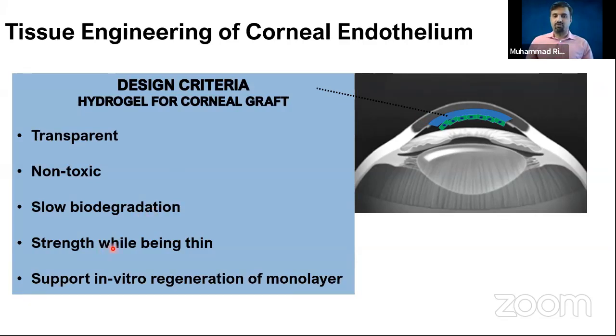And it should be very strong, right? Hydrogel or jelly, if you remember, is not very strong. Here we are talking about a thin film in which we have cells, and corneal surgeons want to transplant that into the eye. So we really want to make sure that during all these procedures or surgeries, it does not break. So we need some engineering there to make it stronger. And then of course it should support the monolayer formation on this hydrogel. So with that design criteria in mind, now we can move towards developing a hydrogel that can have all these functions.